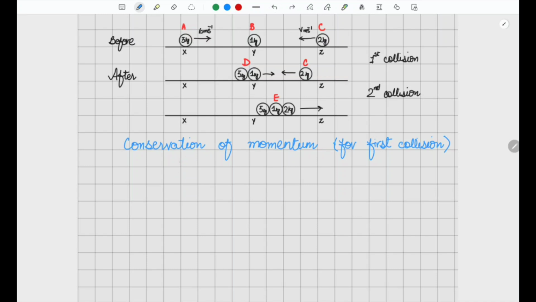M_A, because your particles are A and B, so M_A V_A, or you can refer to it as U_A because initial speed, plus M_B times V_B, or U_B because initial speed, should be equal to M_A V_A plus M_B V_B. So what is your mass A? 5 kg. So 5, and what is the initial speed of A? 6, plus mass of second particle B is 1,